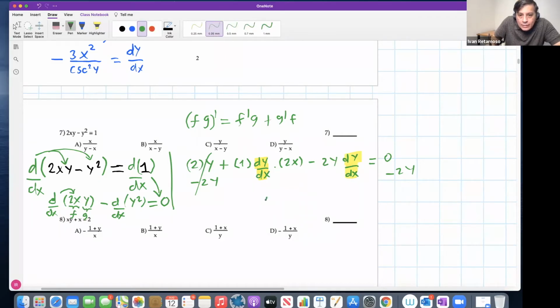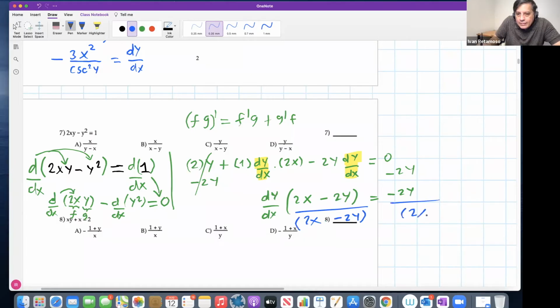Okay, so dy/dx, factoring that out, you get (2x − 2y) dy/dx equal to −2y. Now this goes divided to the other side, right? Because if you divide both sides by 2x − 2y, this disappears here, and this is this. Now, when you write out your answer,